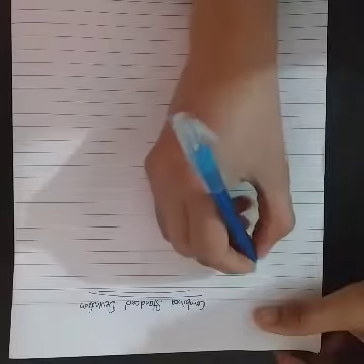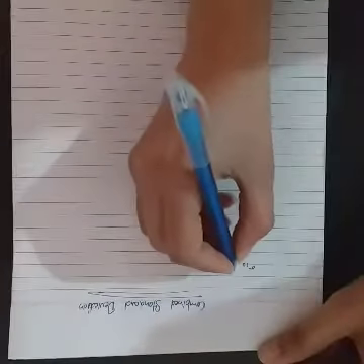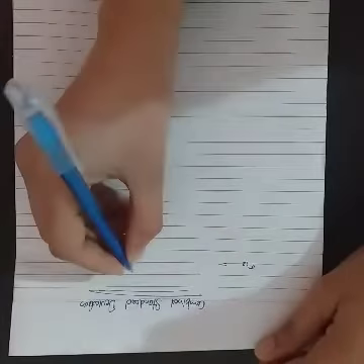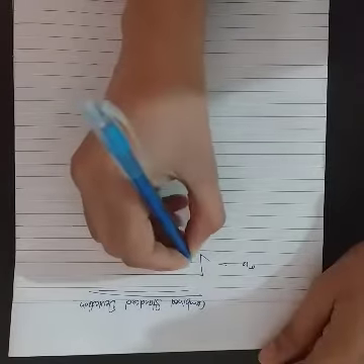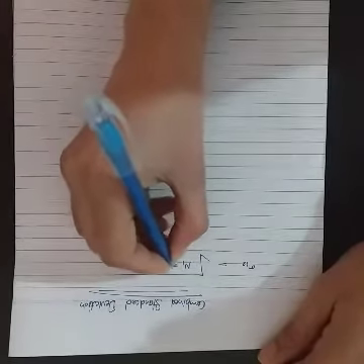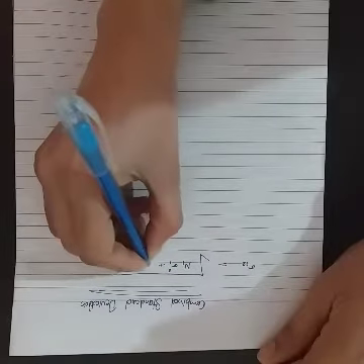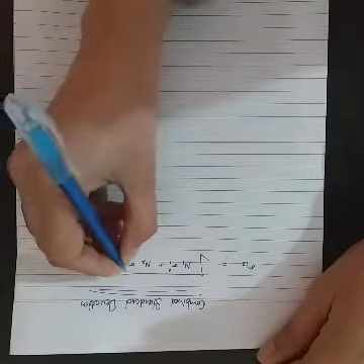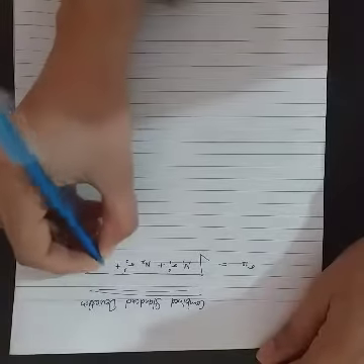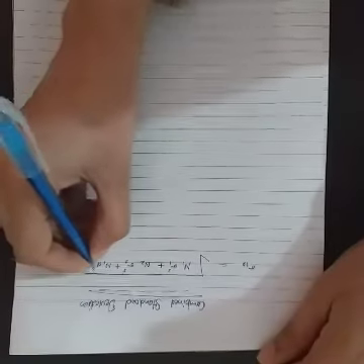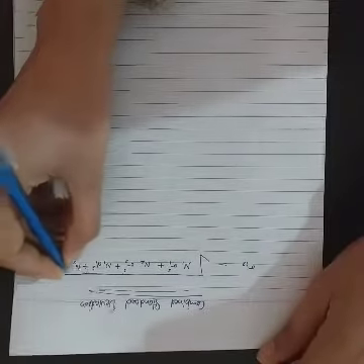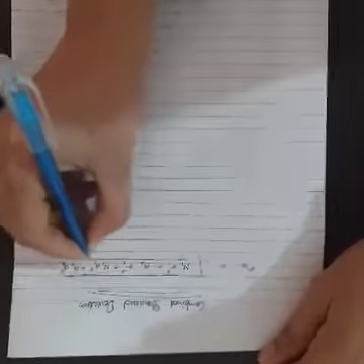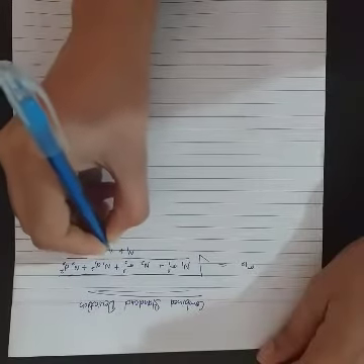The combined standard deviation of two groups is denoted by standard deviation 1,2, and is computed as follows: it is equal to the square root of n1 standard deviation 1 square plus n2 standard deviation 2 square plus n1 d1 square plus n2 d2 square, divided by n1 plus n2,